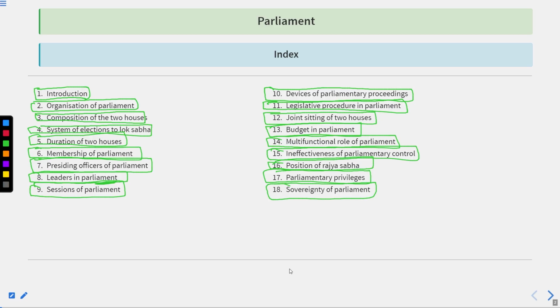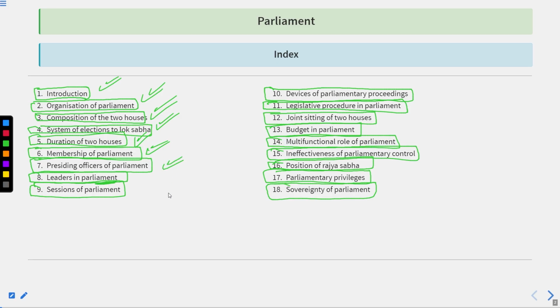Talking about the topics we have covered so far, basically we have covered the introduction part, covered the organization of parliament, covered the composition of two houses, covered the system of elections to Lok Sabha, covered the duration of two houses, covered the membership of parliament,